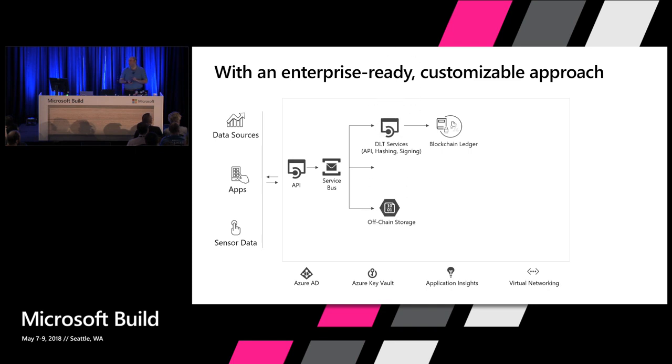The second thing is we've got a facility for storing data off-chain. So if you want to have documents that are part of a solution, and you, let's say, hash those documents, and you put the hash on-chain, we provide you an easy way to put those documents into Azure Storage. And then we have a database, and that database reflects the state shown on the ledger, and we keep it up to date. We have a watcher that looks for transactions on the ledger and then updates the database.